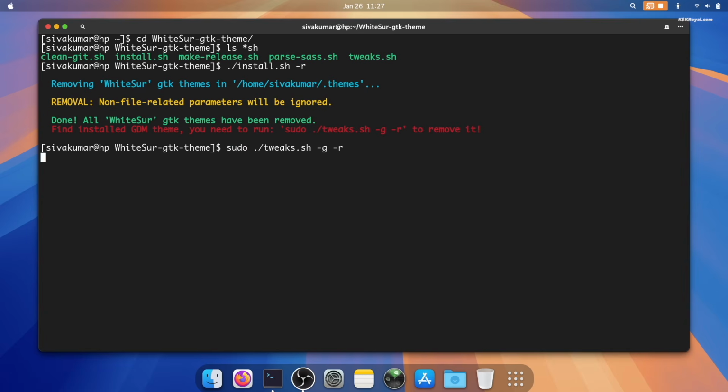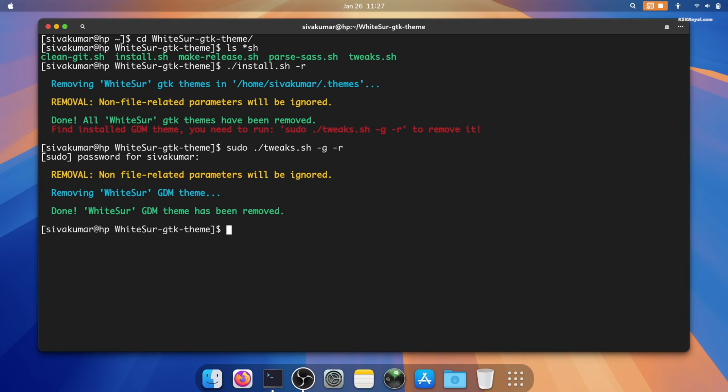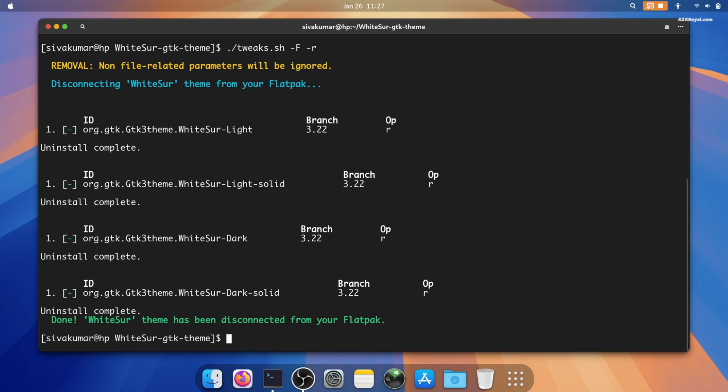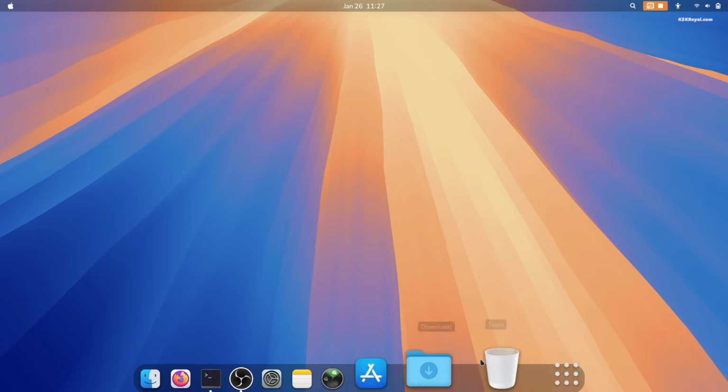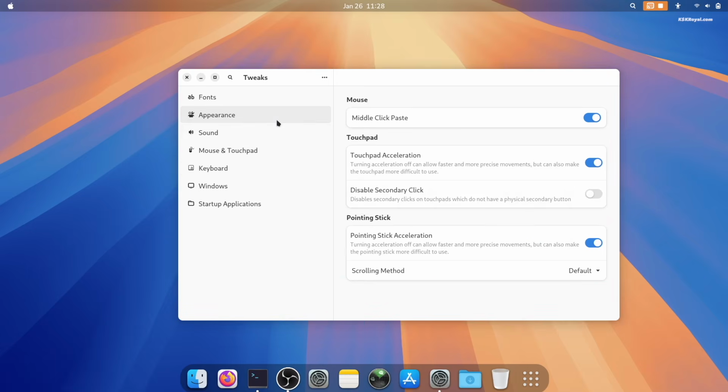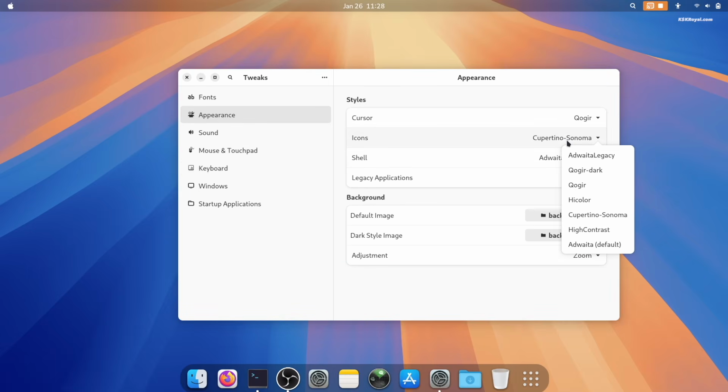Now run the tweak script with the -r option to remove GDM, Firefox, and Flatpak theme support. And lastly, use the Tweaks application to switch to the libadwaita theme.